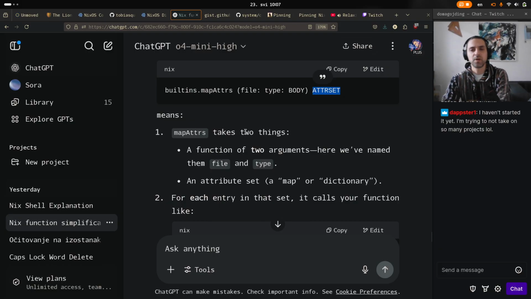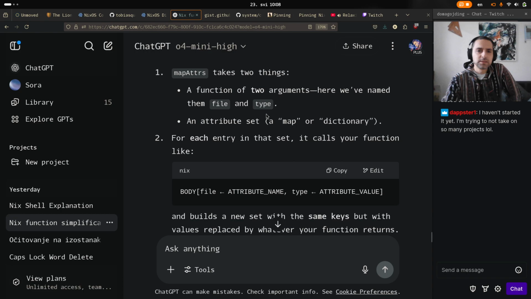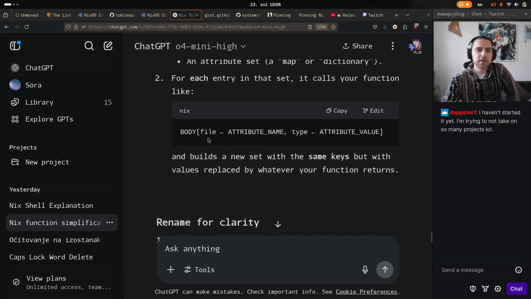A function of two arguments. Here, we've named them file and type. So map address takes two arguments. For each entry in that set, it calls your function like body, file, attribute name, type, attribute value, and builds